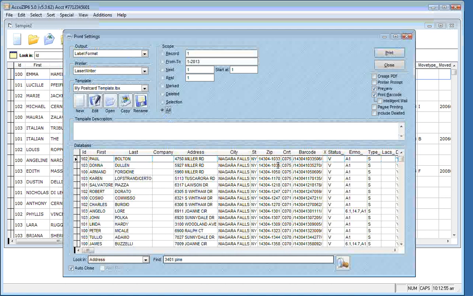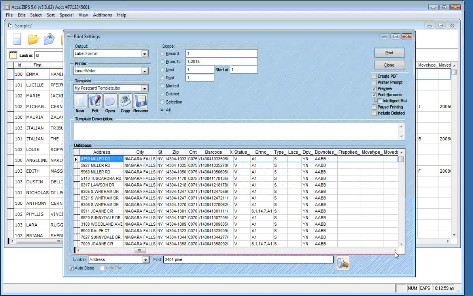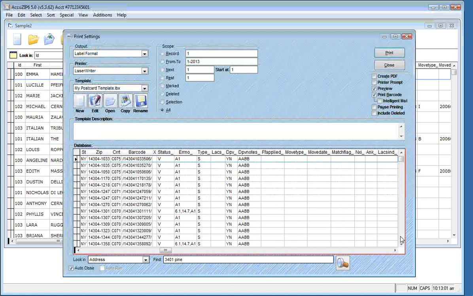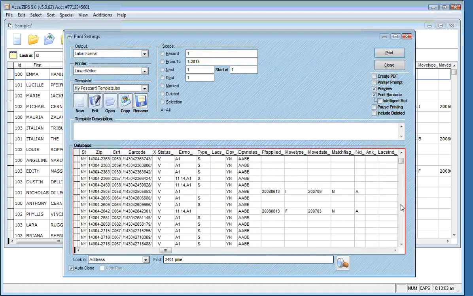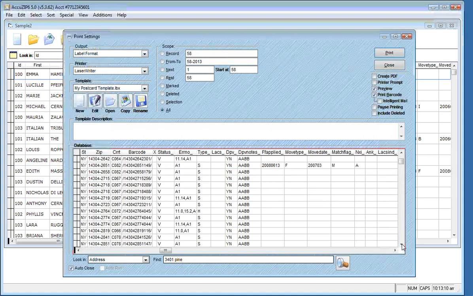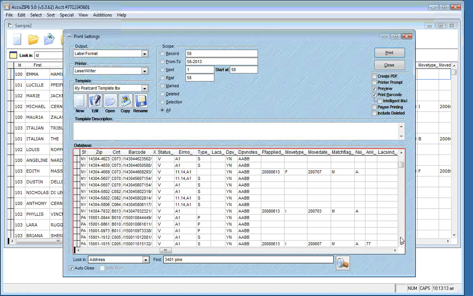So the first thing I want to show you is I'm going to scroll through here. I'm going to scroll over to the right a little bit, and I want to scroll down, and I want to show you that some of these records have a move effective date. Now here's a common use. I'm going to show you a common use for conditional printing. So we're going to scroll down a little bit, and notice this record. This person moved in